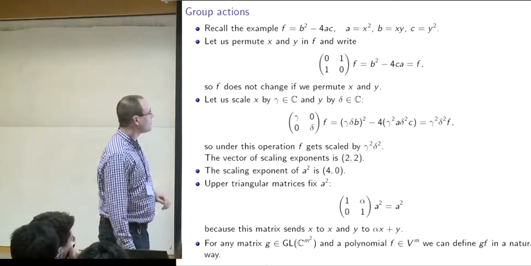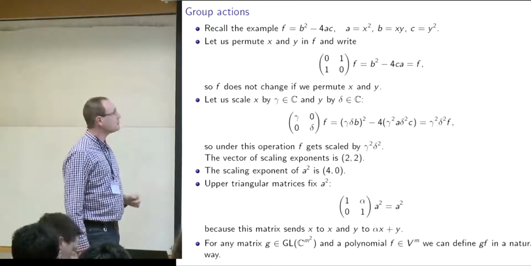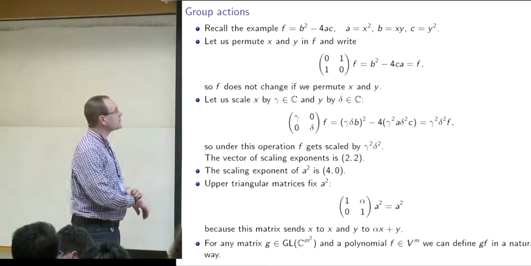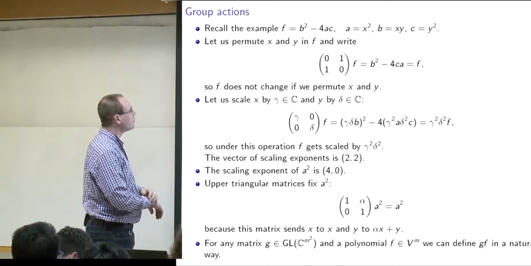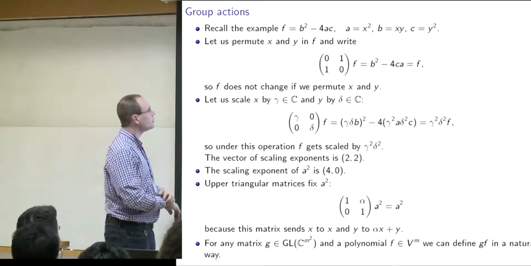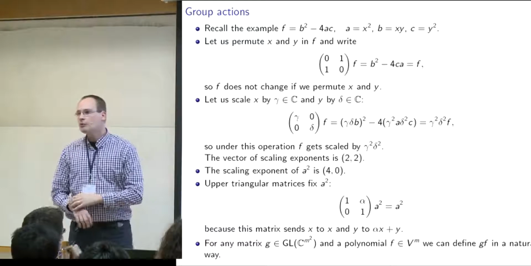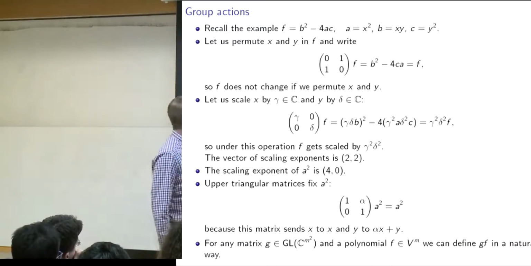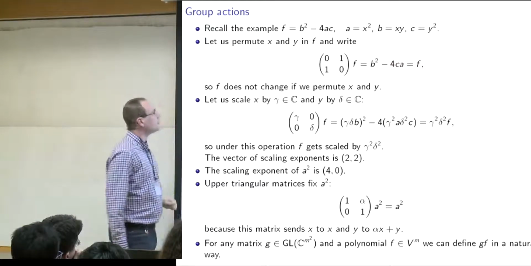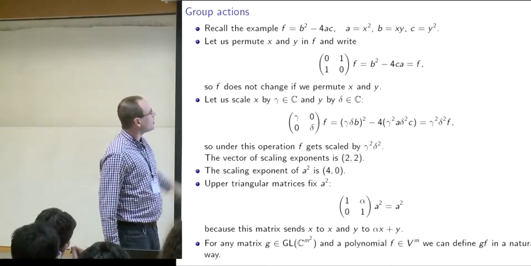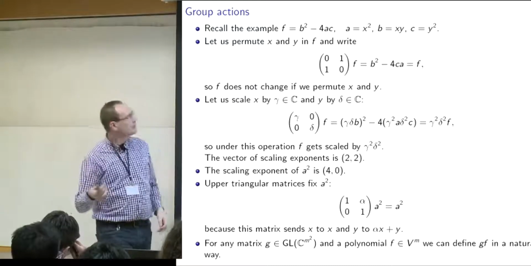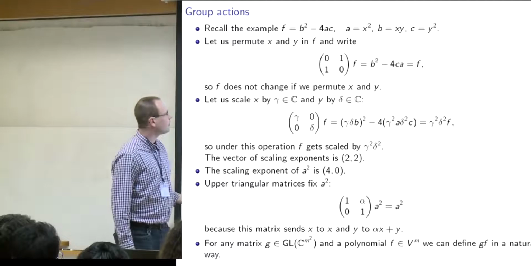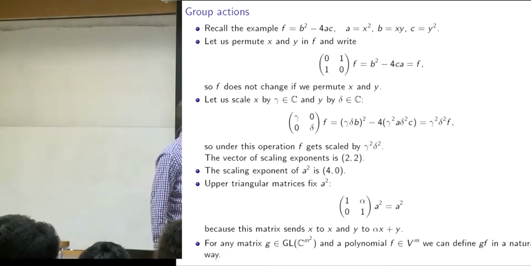So for this, I want to talk a tiny bit about group actions, because this is what makes the whole thing go: you can look at your separating polynomials, and you can move them around by group actions. So this is what will happen. Let's just take our example b squared minus 4ac, right? Just to recall. And we now want to permute this x and y. Underlying this b squared minus 4ac, let's interchange all the x's with all the y's